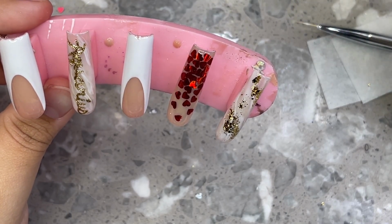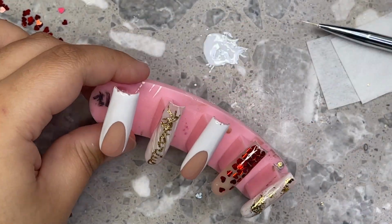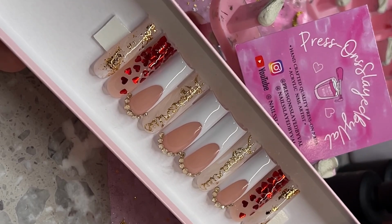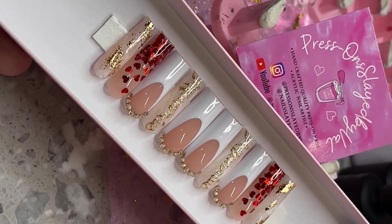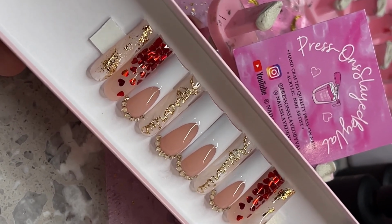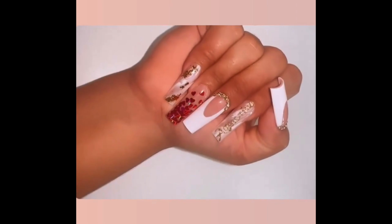For my top coat, I am using my Beetles gel top coat, the one that I always use, and this is the final result, you guys. I did end up adding some gems to the bottom of the middle finger and the thumb, and I totally forgot to insert that, but this is what they ended up looking like. They're so gorgeous. I honestly love them so much, and here I'm going to insert the picture of her wearing them. They turned out so gorgeous, and I hope you guys enjoyed this